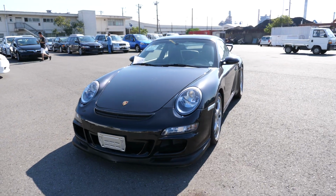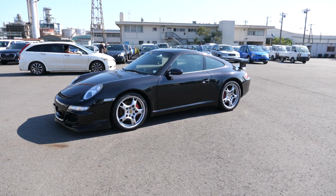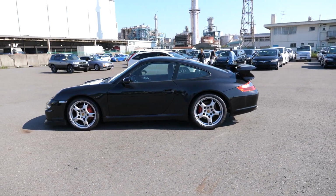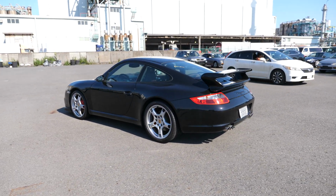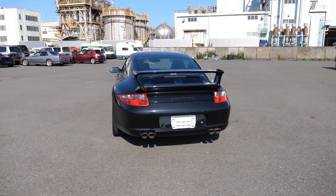And yes, it's dirty right now, but once this thing is clean, it is going to sparkle. The condition of the paint in person is fantastic. There's really only one area on the body that is a problem. The front bumper, well, it's aftermarket, so you can go back to an original one if you want to keep the value of the car, or you can keep the cool looks of the aftermarket front bumper, which, to be